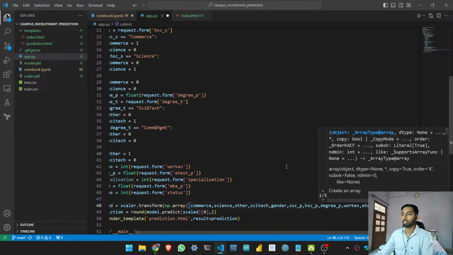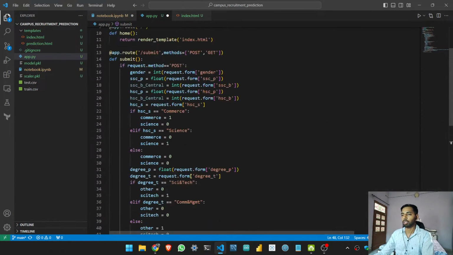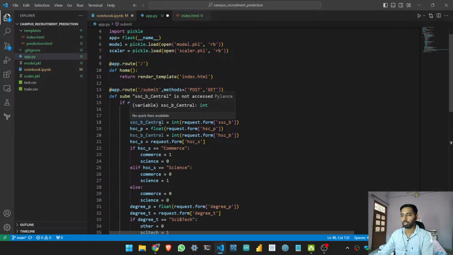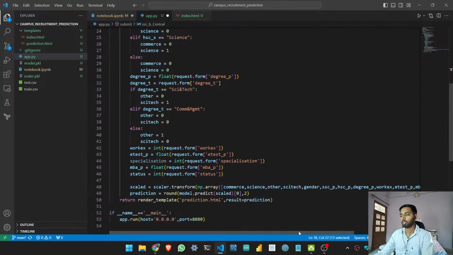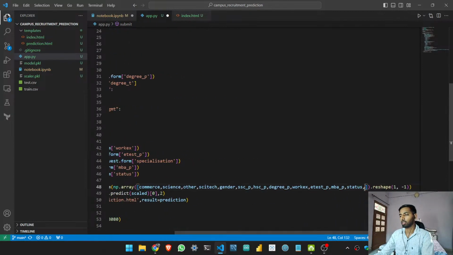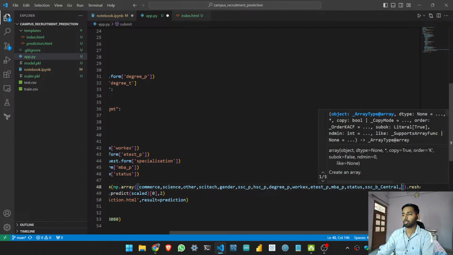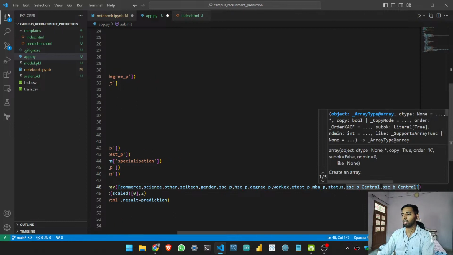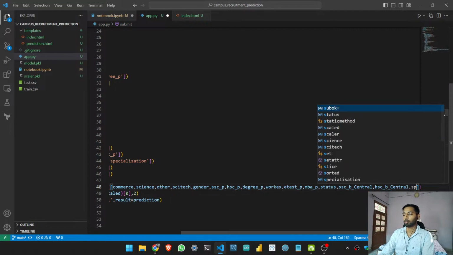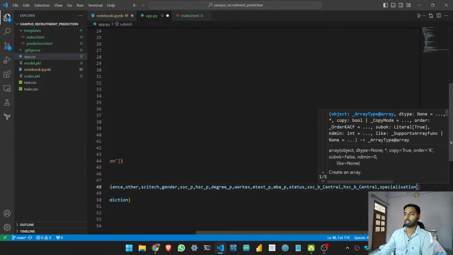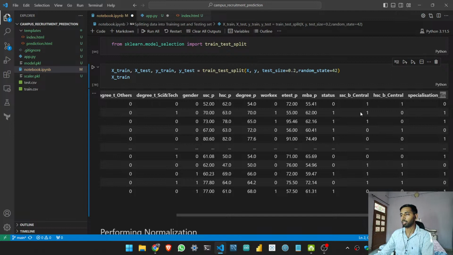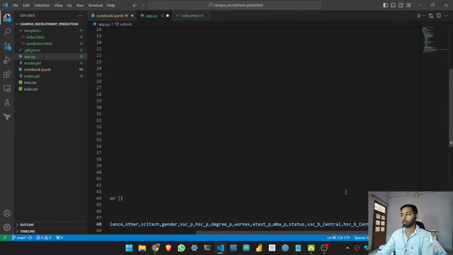And for SSCB, what we call here SSCB Central, then HSCB and at last specialization. Let me cross check it. Yes, SSCB Central, HSCB Central, then specialization. Okay,